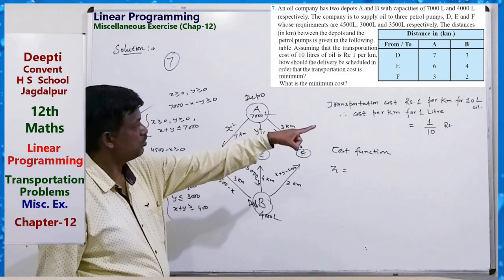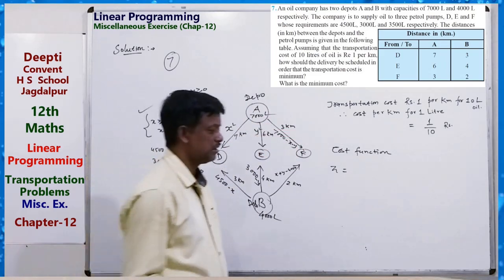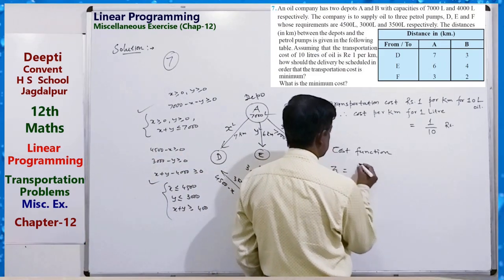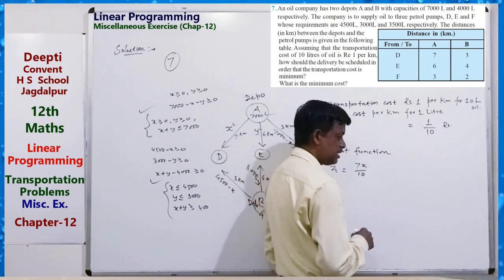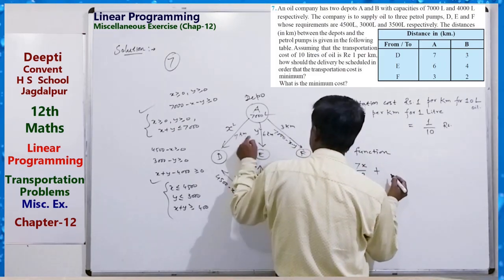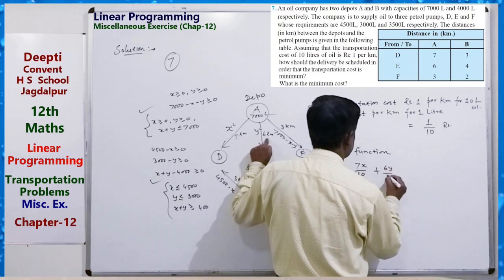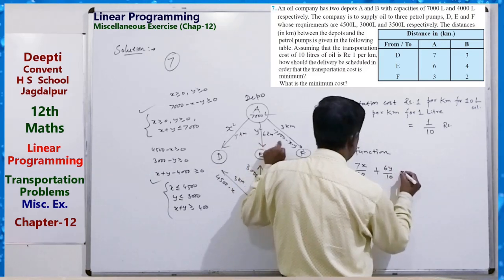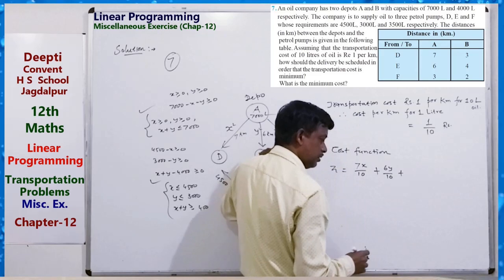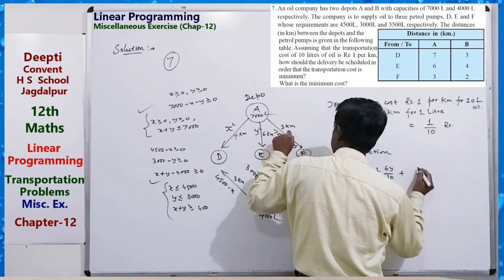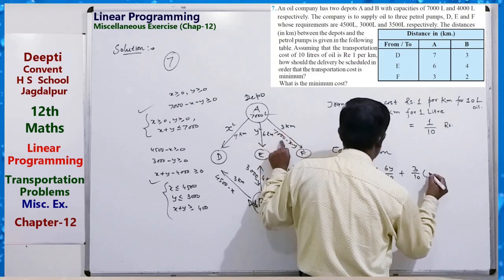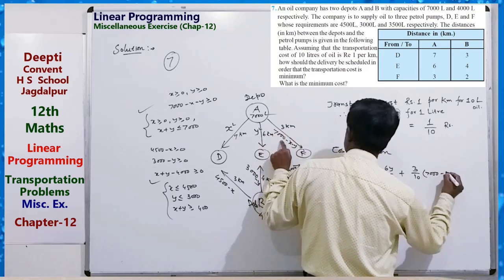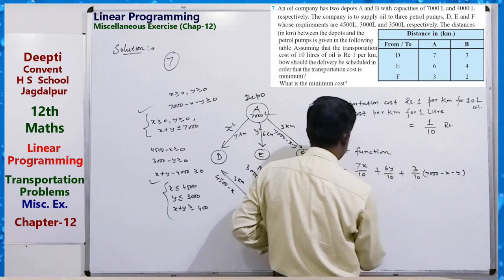So 7 into 1 by 10 into x, that is 7x by 10. Similarly plus 6y by 10 plus 3 by 10 into 7000 minus x minus y, plus